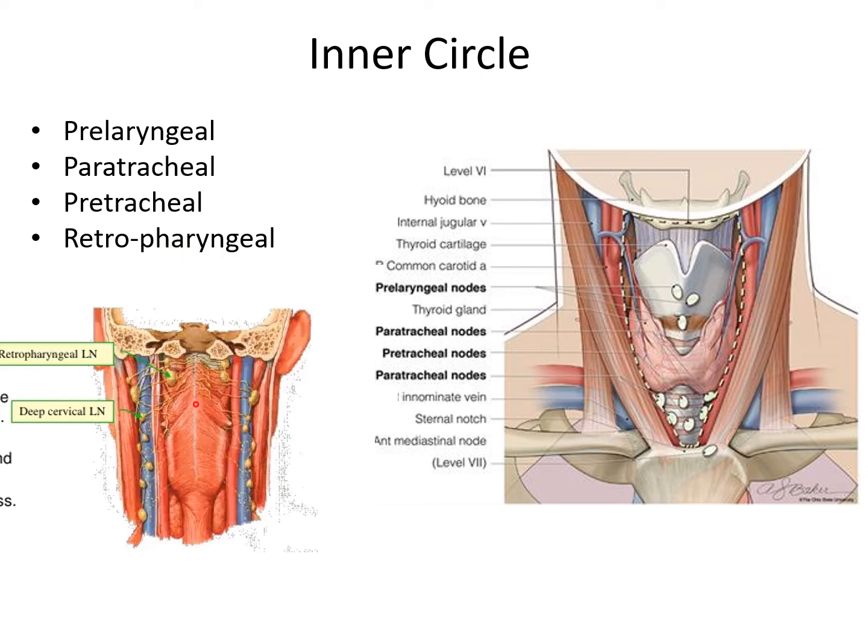They lie posterior. So here we are seeing the pharynx from posteriorly. This is the base of the skull, and posteriorly we are seeing the constrictor muscles, and we can see that the retropharyngeal group of lymph nodes are present here, lying posterior to the pharynx and in front of the prevertebral fascia or the retropharyngeal space.